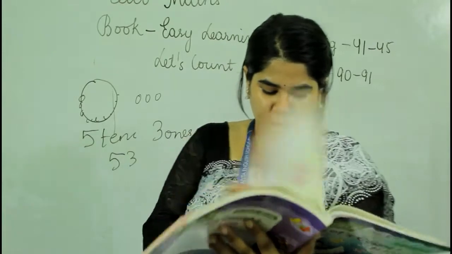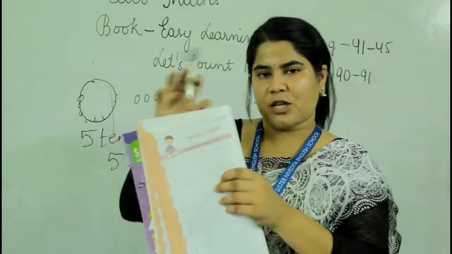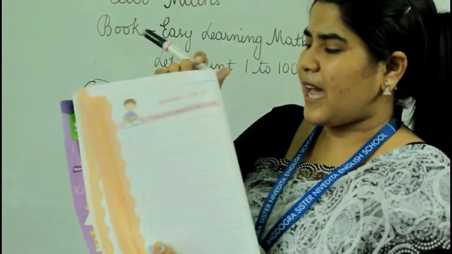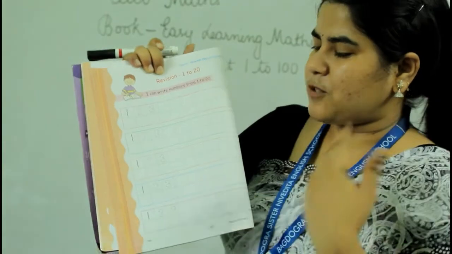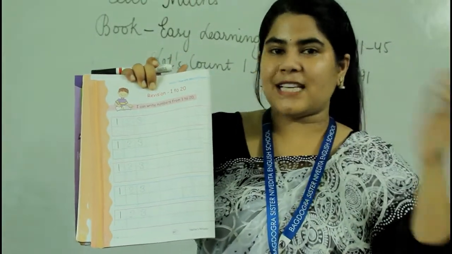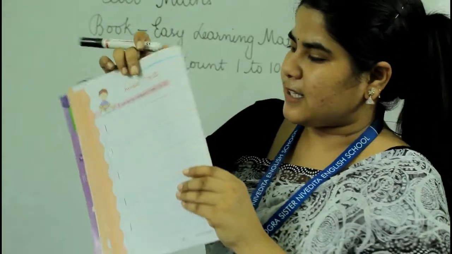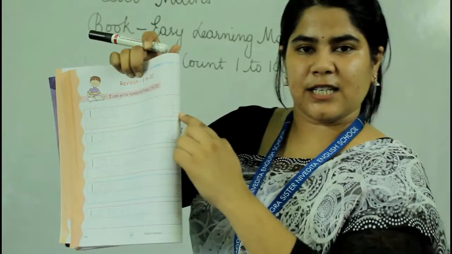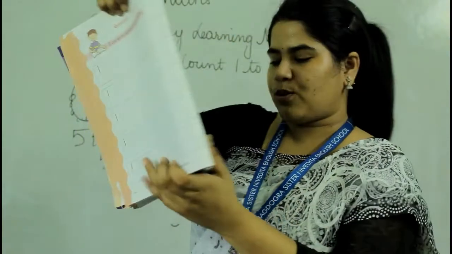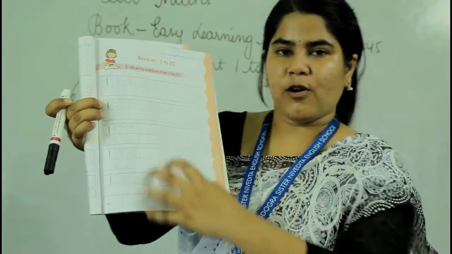Alright, so if you open to page 90, let's see what you will get. Again the revision part. See, we have already done this. I can write the numbers from 1 to 20. In the previous class we have done from 1 to 15. So here it's 1 to 20. In this way you will write 1 2 3 4 5 6 all this and till 20 you have to write. In this page also and in page number 91 also, in this way you will follow all this.